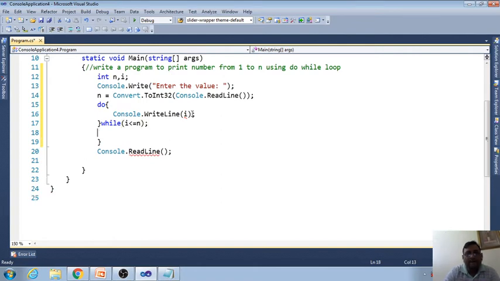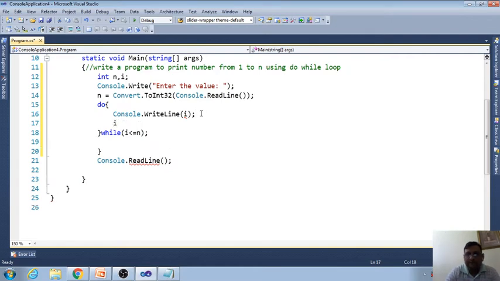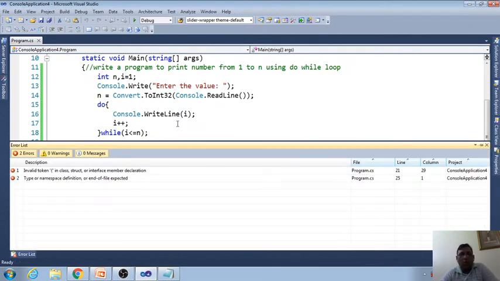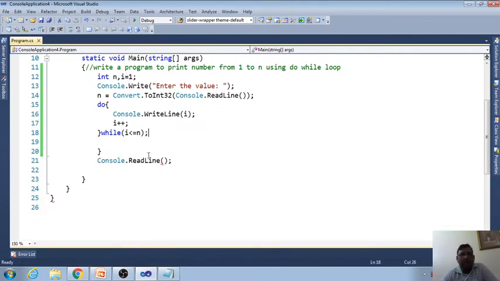And here i plus plus. I did not give the initial value i equal to 1. Run this program. No, what is the problem?